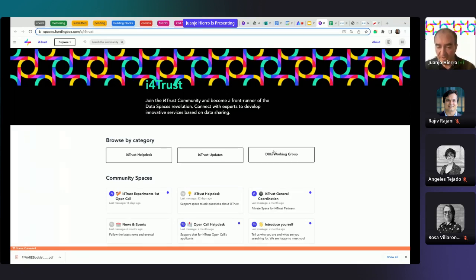There will be a specific group created for DIHs, so that you can exchange more closely with us in a more private manner, the DIHs and the I4Trust core partners, to solve any issues that you may be facing and bring in support or act as ambassadors in your local ecosystem.